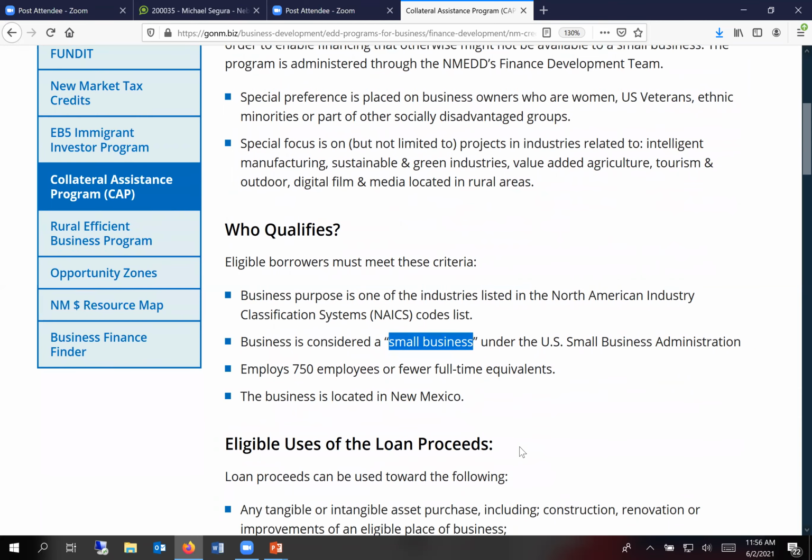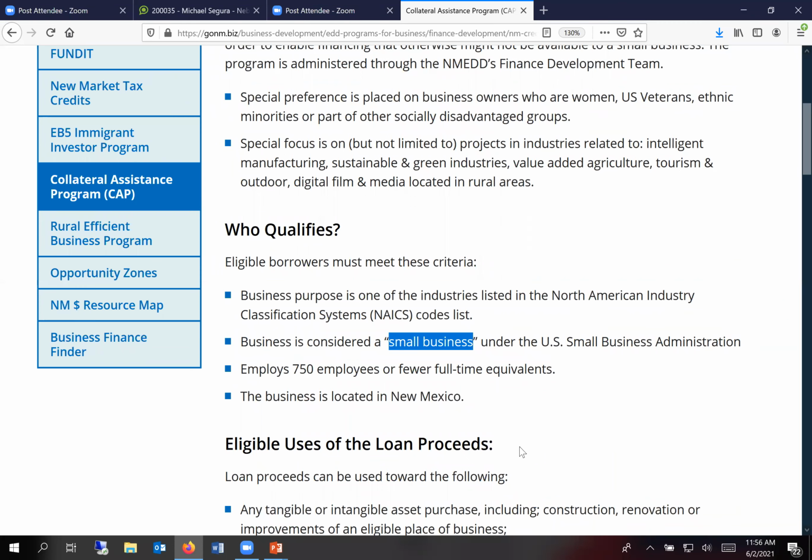So if you wanted to do something like, say, you wanted to start a factory in an opportunity zone, and I'll talk to you about those soon, in Valencia County, you bought a piece of land, you want to put up, say, a metal building, and then you want to buy equipment. Those are all collateral backed, and you could get help from that LEDA program if you wanted to do that. And now you need to get a loan. So you're going to inject maybe $200,000 into the project. The collateral is in the building and the equipment. So those are collateral backed for a bank loan.